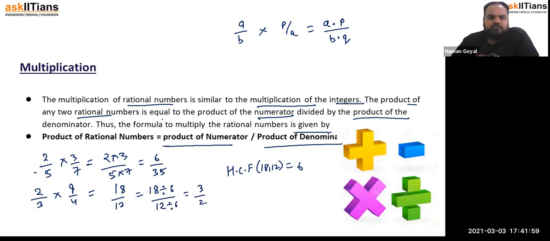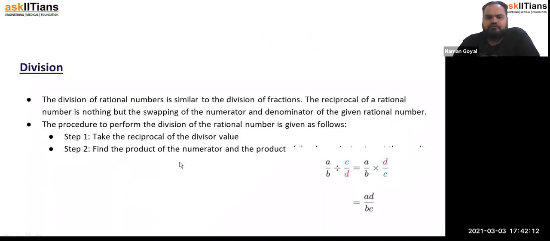Okay. Now if you see, this quantity will be cancelled out 2 times. This quantity will be cancelled out 3 times. Now 3 by 2, you will get the answer. Got it? So this is the short way to do this, right? Got it? Okay. Now division of these numbers, right? Okay. Now see,